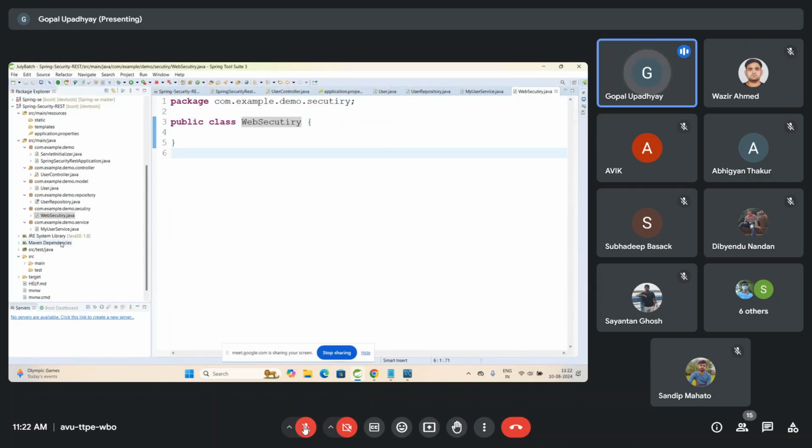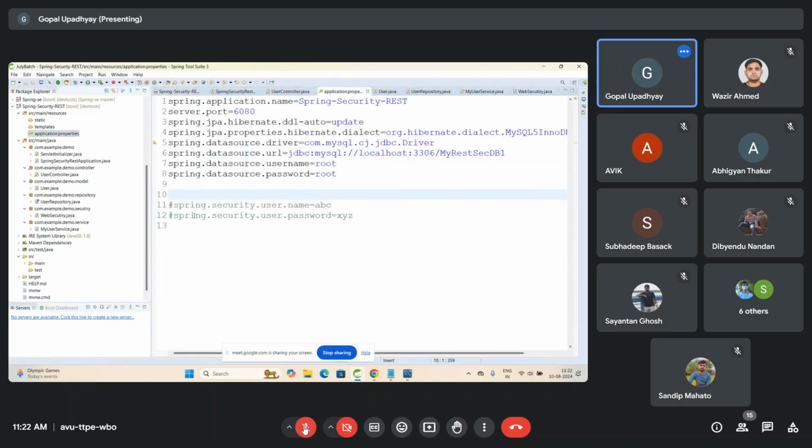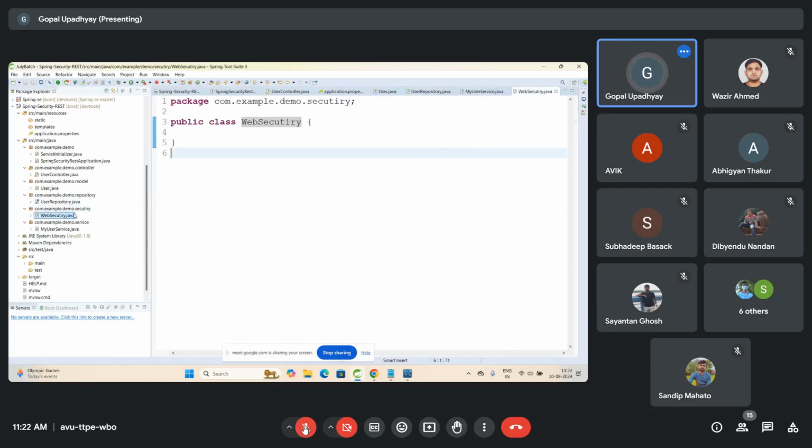You can also set the username and password that I showed you from the application.properties file using the key names spring.security.user.name or spring.security.user.password, right? But we can also create our separate additional configuration class, and I can make this class